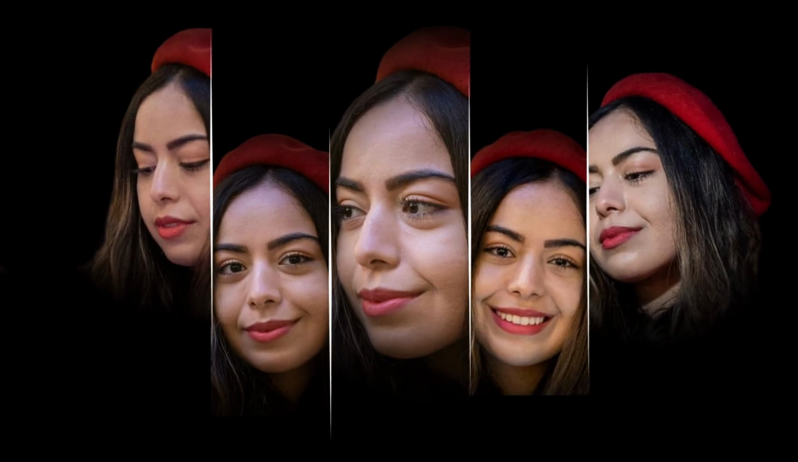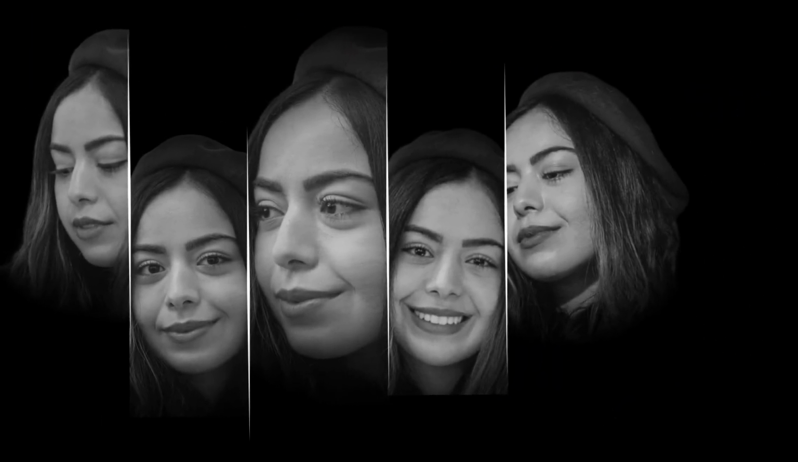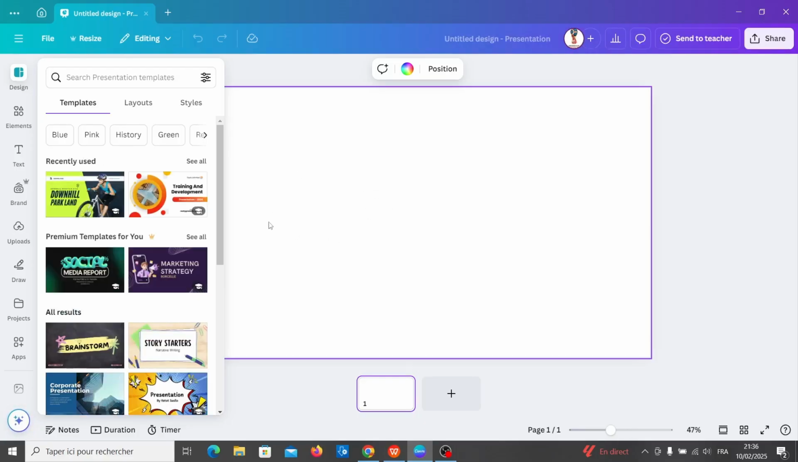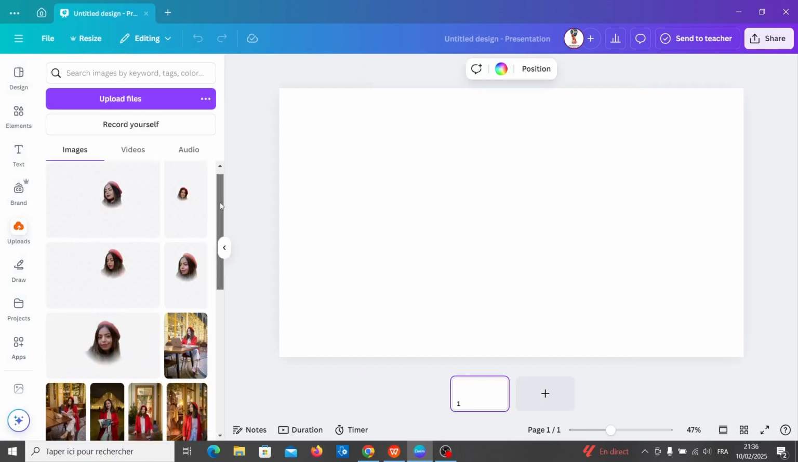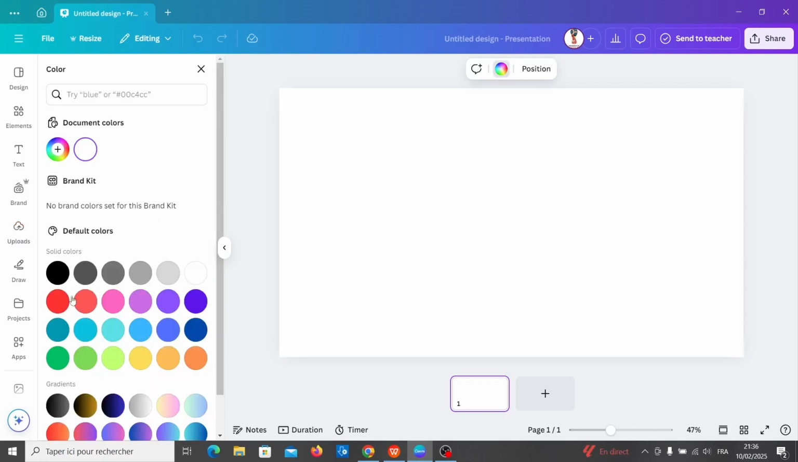Hi everyone, in this tutorial I will show you how to create creative poster design in Canva. So open a new design and upload your favorite photos. I uploaded these photos and go to background color, select a new color. I will choose black color